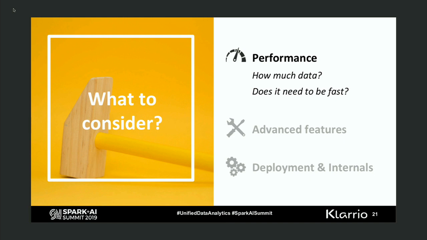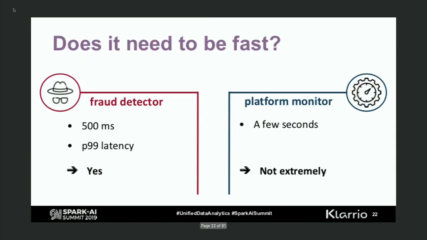So back to the other performance question that we have: does it need to be fast? Does it need to be fast? For some use cases, this is a very important thing. For other use cases, this does not matter that much. For example, the fraud detector is something where you have very tight SLAs. There, your P99 latency is 500 milliseconds, so you will need to be able to process data at a very